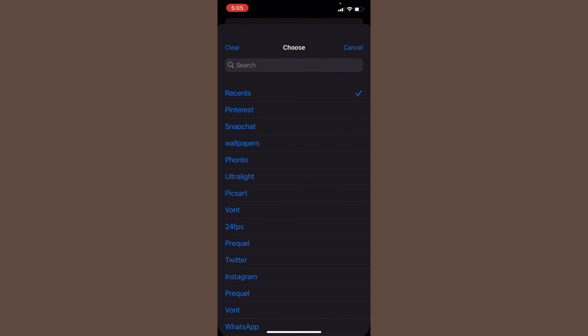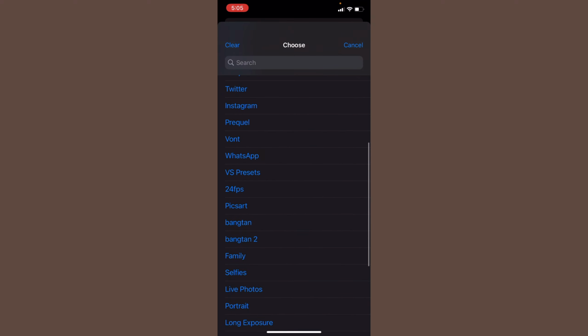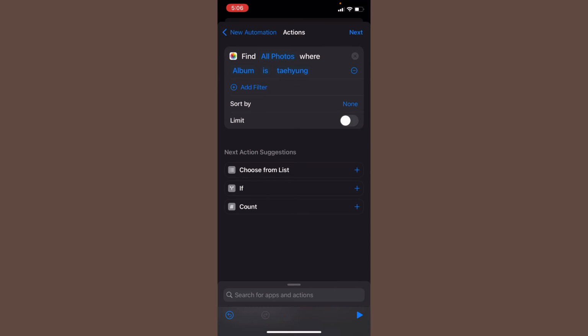You're going to add it to an album. So you're going to name your album, whatever. But make sure only the photo you want as a wallpaper is in the album and there's no other photo. So only that one photo you want. Album, and you're going to select your album. After you have the album, you are going to click